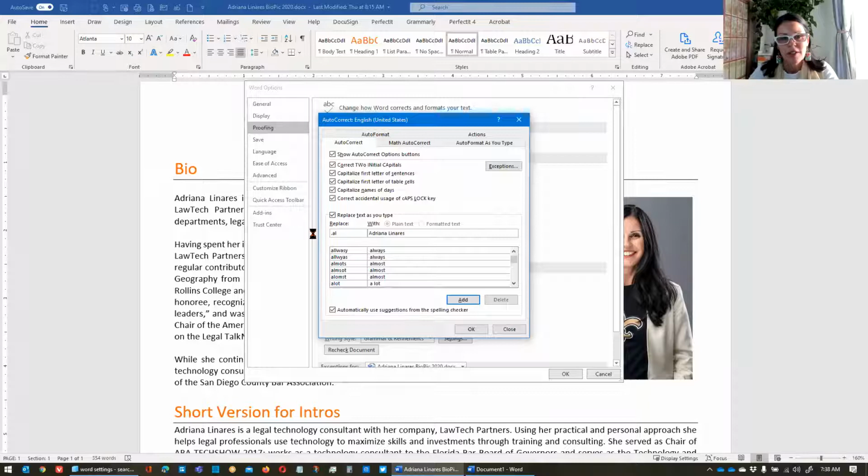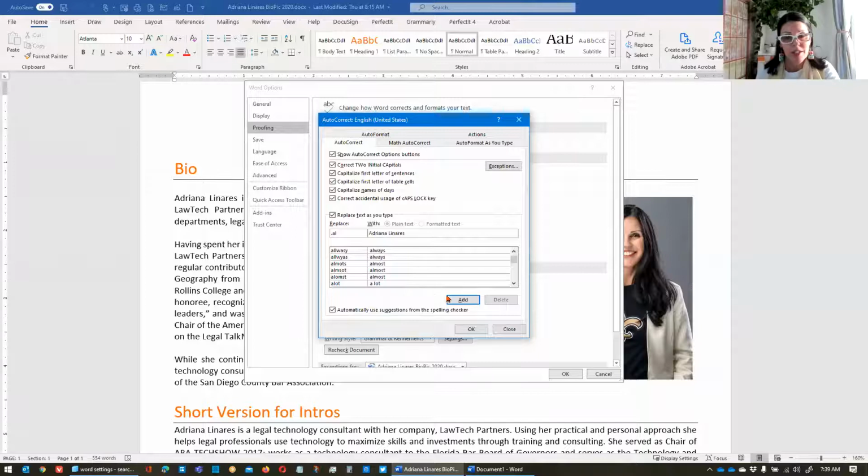So if you want something that's a little more universal, I think very popular in the legal world is Text Expander. textexpander.com is an amazing tool that will do these sorts of things, but across all your programs, across all your devices. It even has an app for your iPhone. So if you're interested in doing something like this on a bigger level, go take a look at Text Expander. But as long as you're inside Word, you can certainly do it in here.